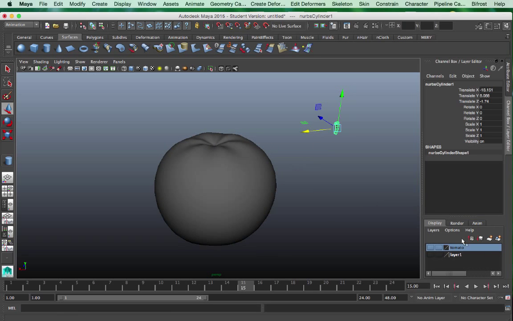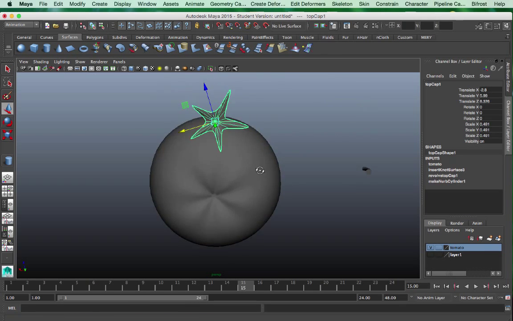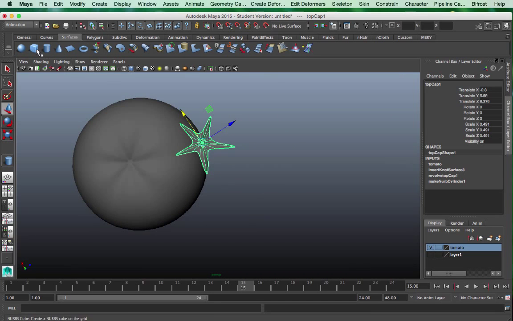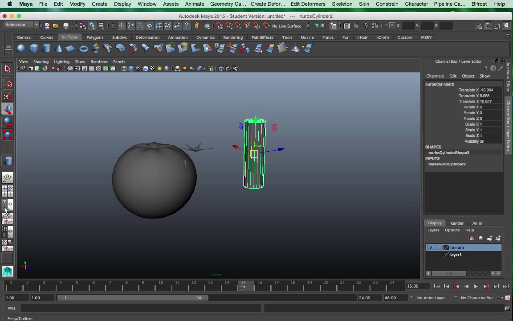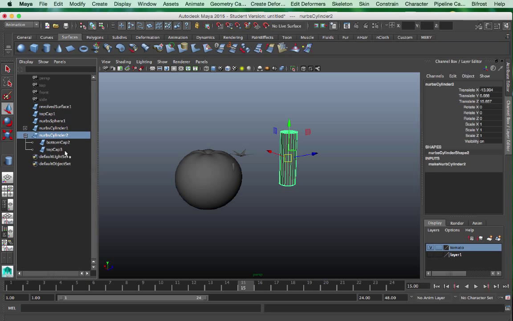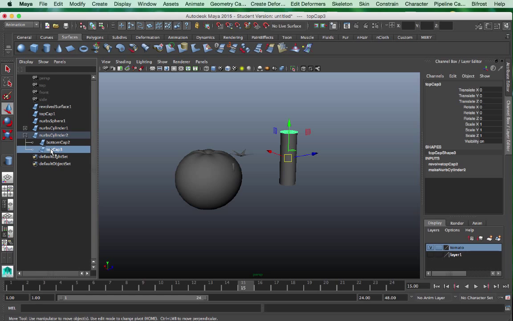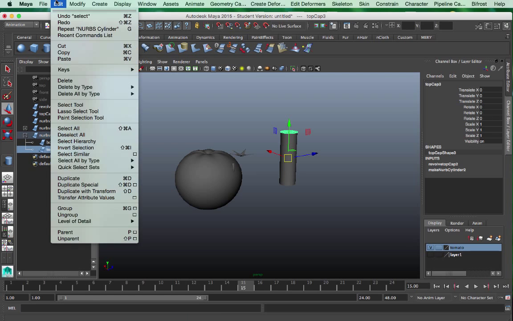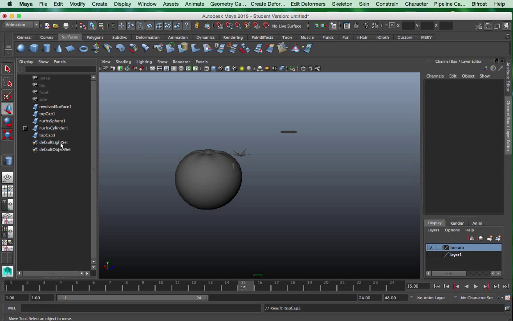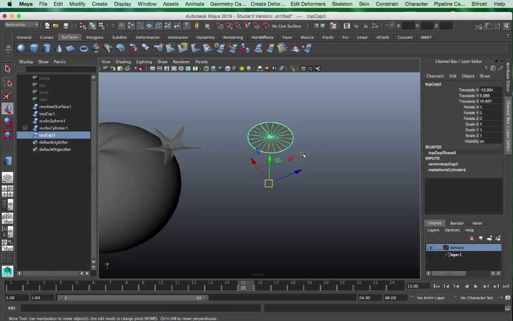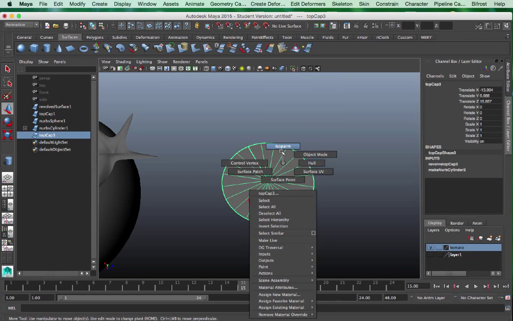I also created this shape that tries to look like a tomato stem. To create this, I also use a cylinder, except I actually delete part of the default shape that the cylinder gives me. To do that, we go to the Outliner and take the cap out of the parent of this entire cylinder geometry, so we unparent it. Now you can see the cone and the bottom cap are separate geometry. We delete that, and then we just need to leave this. And I create an extra isoparm.